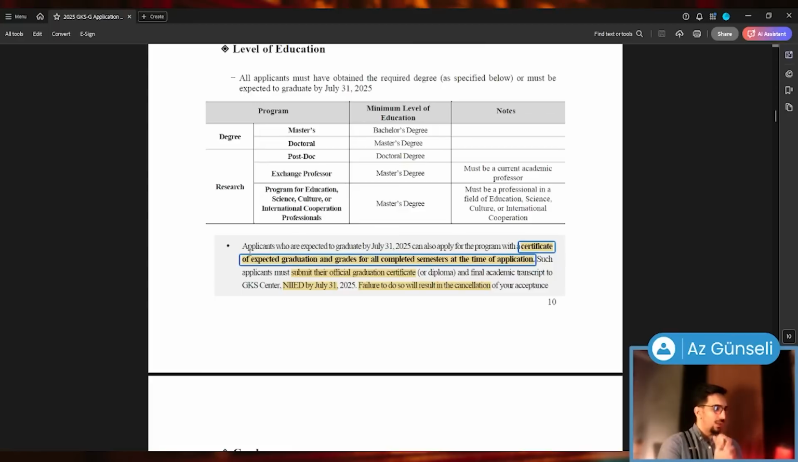This is a question that we get asked a lot. Applicants who are expected to graduate by July 31, 2025 can also apply for the program with a certificate of expected graduation and grades for all completed semesters at the time of application. So you're not graduated yet, but you give them your certificate of expected graduation and all the grades that you have up to that point, and that's pretty much it. And then when you graduate in the later periods up to July 31, you just give them your actual graduation certificate. And if you do not do that by July 31,